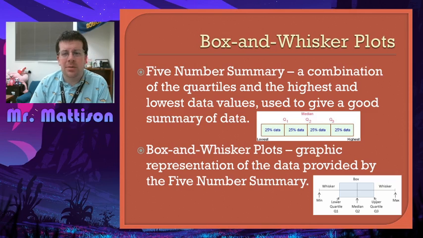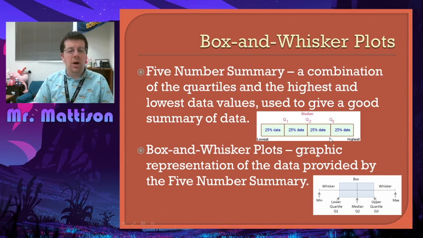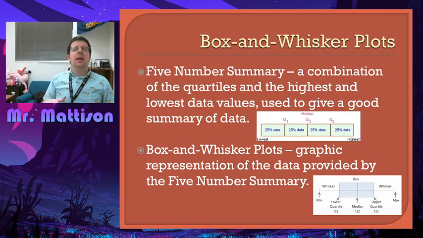A 5-number summary is basically your quartiles plus the lowest value and the highest value. So if I had my data here, I would find, hey, what's my lowest number? What's my highest number? What's my second quartile, my first quartile, and my third quartile? If I know all 5 of those things, it gives me a decent idea of how my data